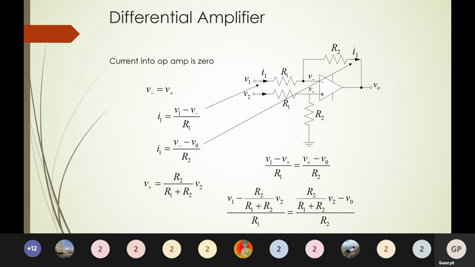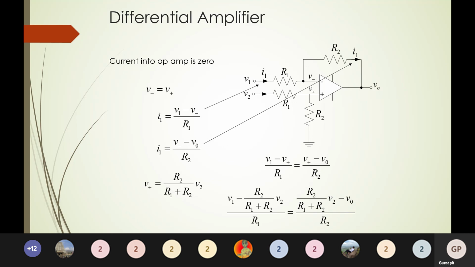Okay, fine. Next, let us go to the one I was talking about, the differential amplifier. We'll conclude with this topic this class and move on to the next topic. It's almost time, so we'll try to complete this. A differential amplifier, as I said, is an amplifier which will amplify the difference between the inputs. When I have two inputs, the difference between both inputs gets amplified.